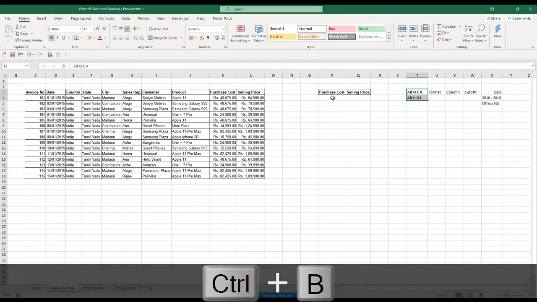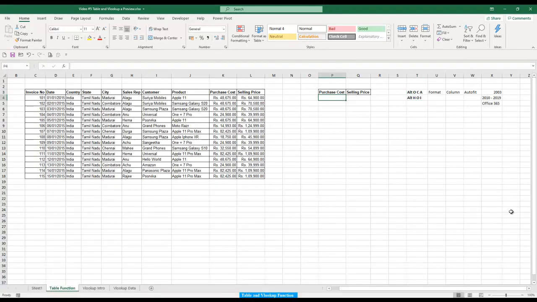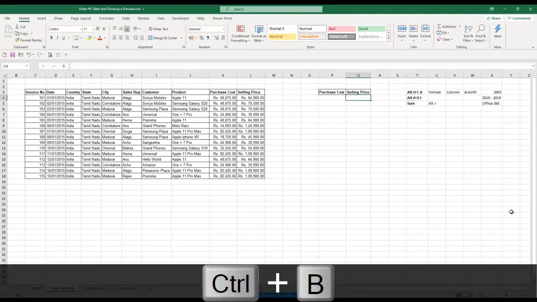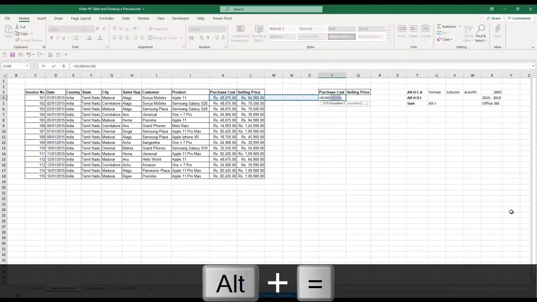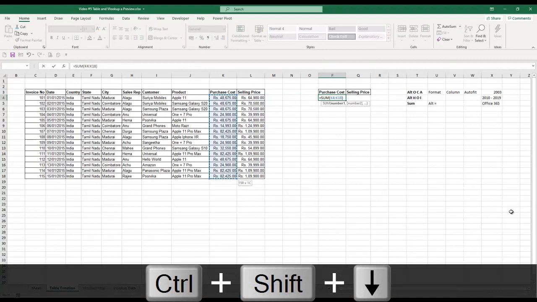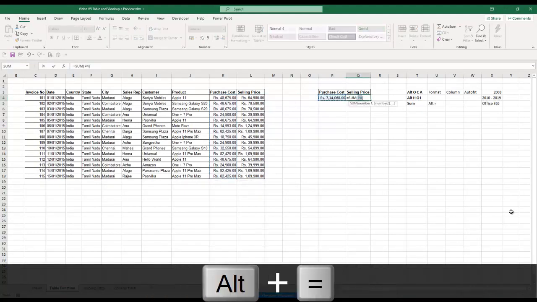So now I want to get a total in. Normally if I want to hit a total, I'll just use the sum functionality, or I can use a keyboard shortcut for the sum function, using Alt equals. If I use Alt equals here, it automatically pops up the sum functionality, but I have to choose the range accordingly. So I'm going to give it for the purchase cost, and I'm going to use the same Alt equals functionality for the